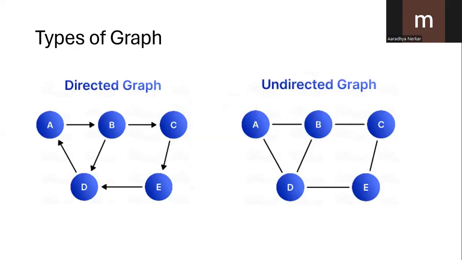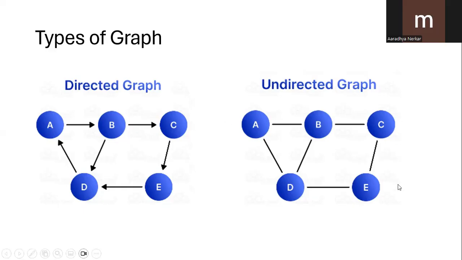There are different types of graphs. In a directed graph, each edge has a direction, indicating a one-way relationship between the two vertices. Think of an X network where one person follows another. If Ria follows Minal, there is an edge from Ria to Minal, but not necessarily from Minal to Ria.